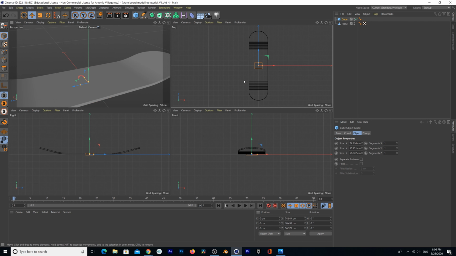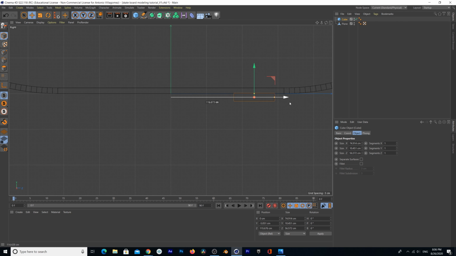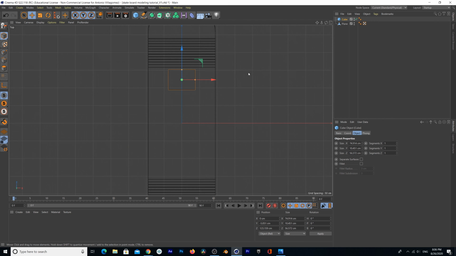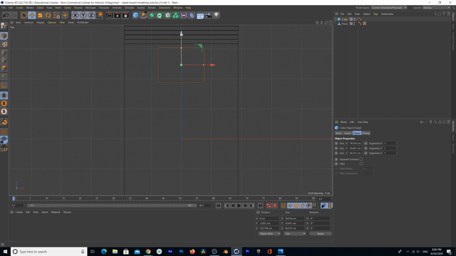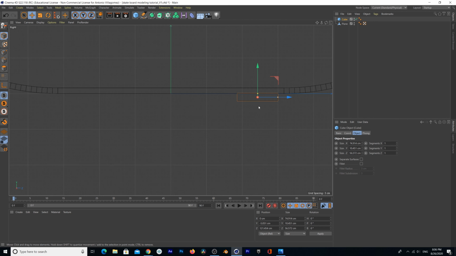That's why I like having 4 views, because you can see it better. And now we're going to go down here, and we're going to bring this down here, and we're going to bring it back out. We're going to put it right here. We're going to make sure that this is looking good from different perspective. Let's bring it back down a little bit more, and let's see how big this is. We're actually going to make it a little bigger, a little taller, I should say. So right about there, and then we're going to bring it back down